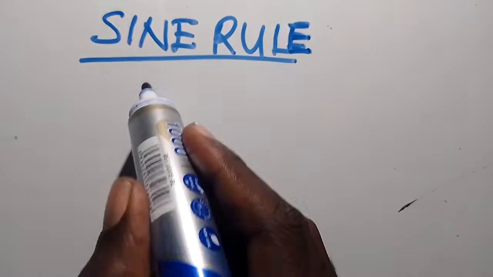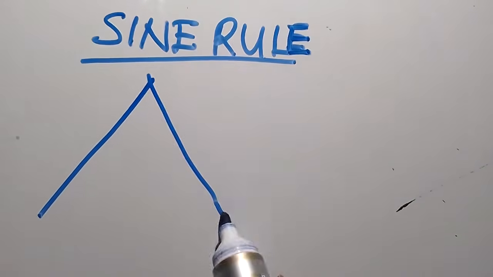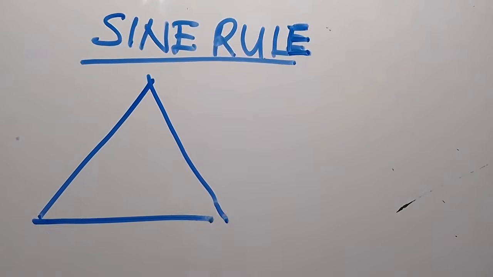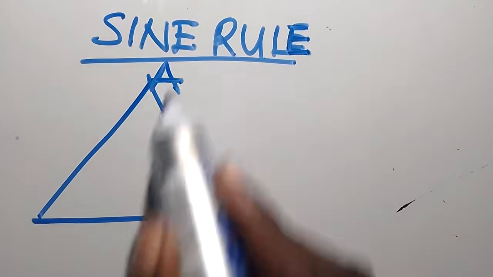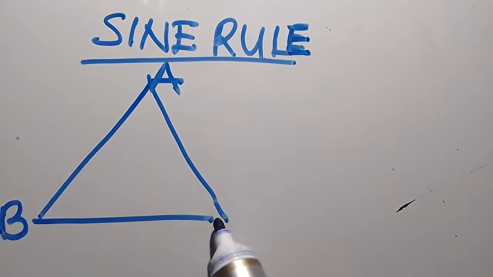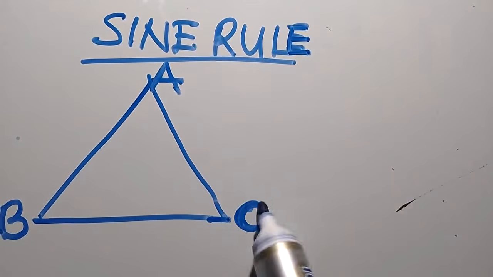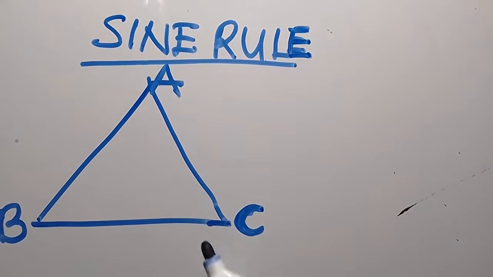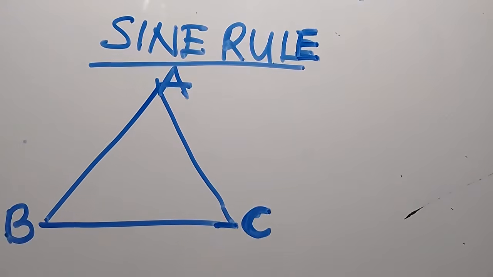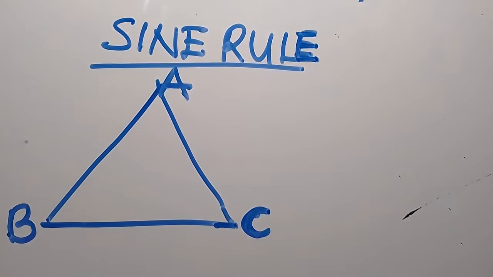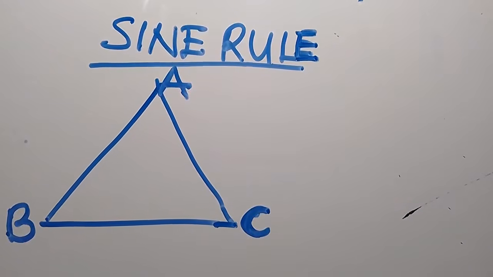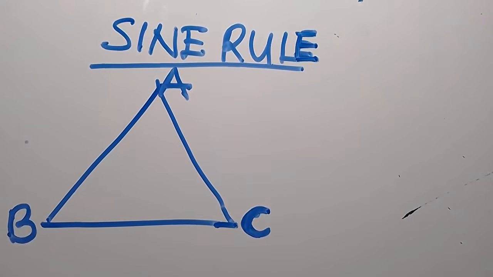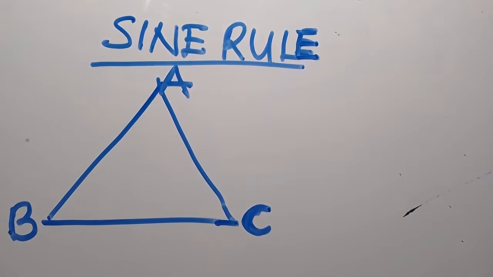So under this, this is your triangle. Have you seen? You are given this triangle. Let's say that is A, that is B. Then here we've got C. This is what you are given. A, B, C. This is what we are given. So now, what we need to consider is that maybe you are given two